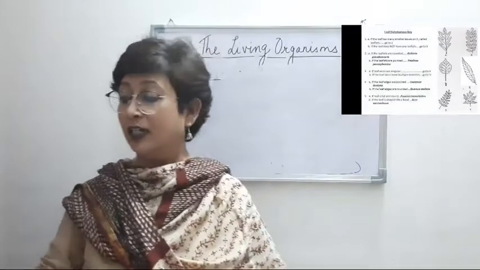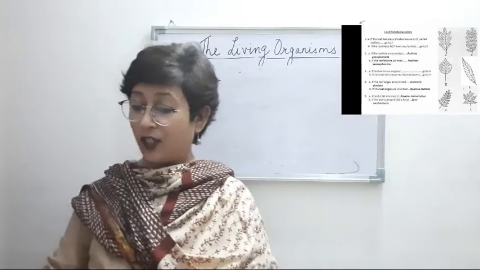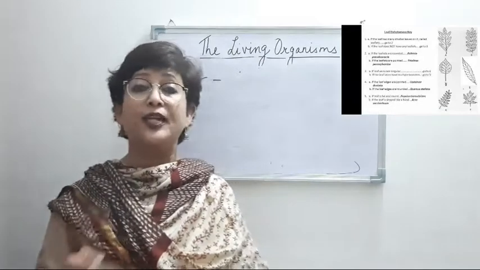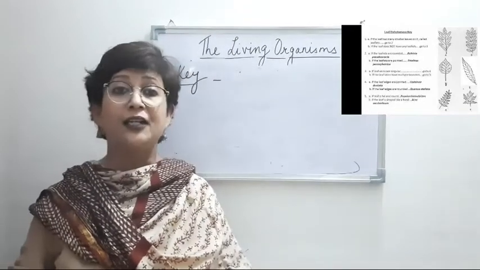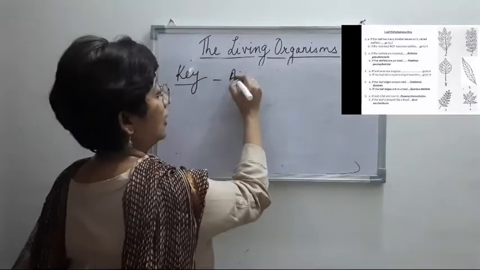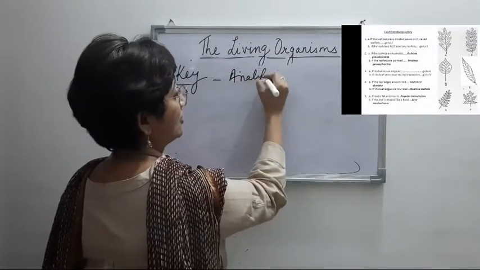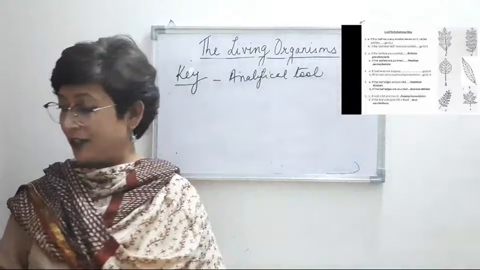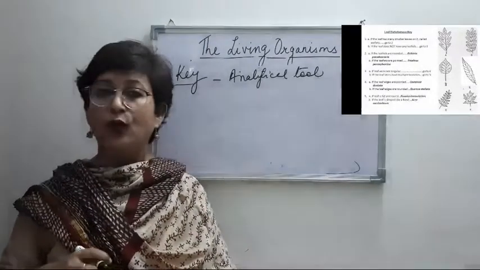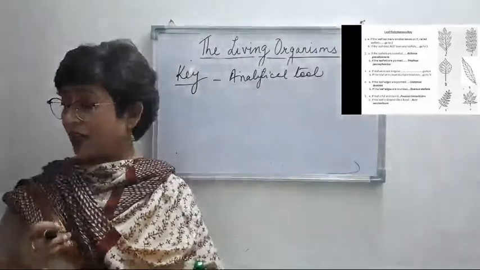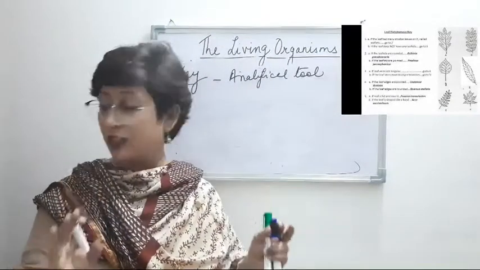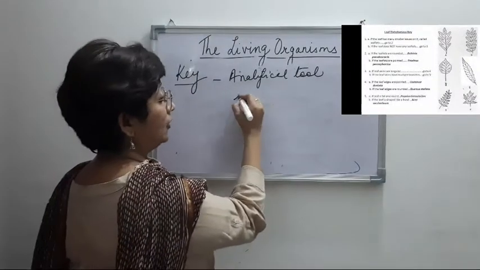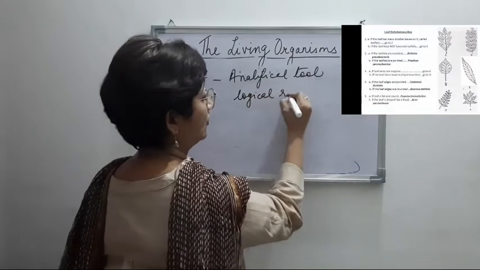So key is the last taxonomical aid that we will come across, and this taxonomical aid is basically an analytical tool, right? Analytical means analysis, right? So what does this tool contain? It is a tool using logical reasoning, right? Analytical tool means a tool containing logical reasoning,